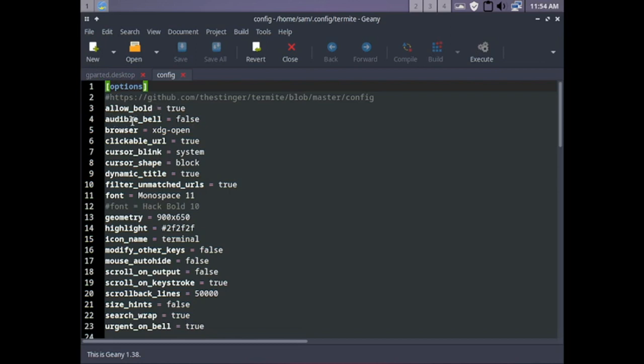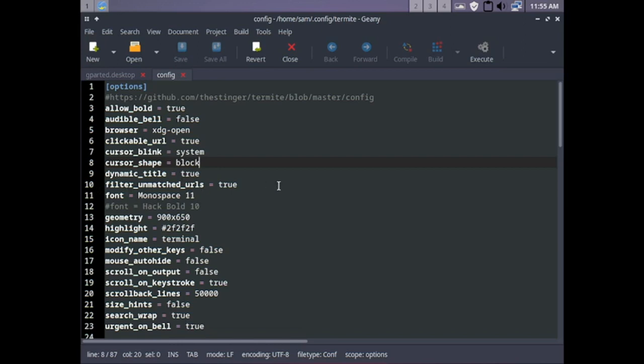You can have the audible bell ring. Then you can open the XDG links in the browser. You can have a clickable URL in the terminal. You can have the cursor blink. You can change the cursor shape, dynamic title,